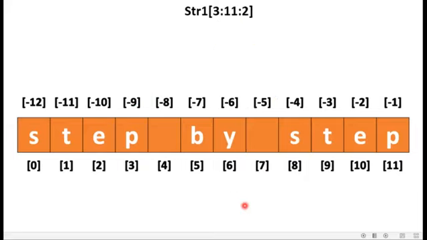Next. Another example is this, 3:11:2. Now here we have taken the stride value as 2. So my first starting point is the third index value. Last is 10, because 11 minus 1 is 10.